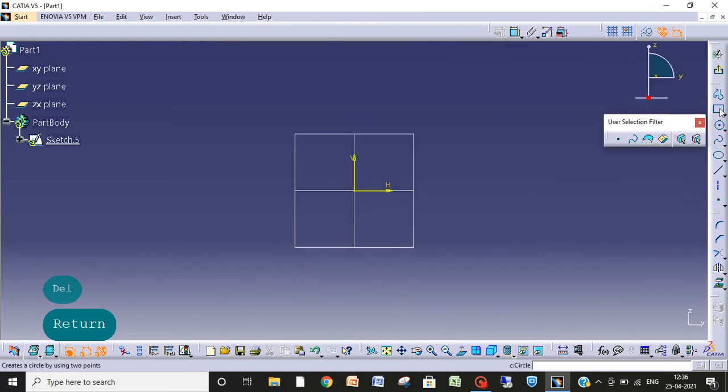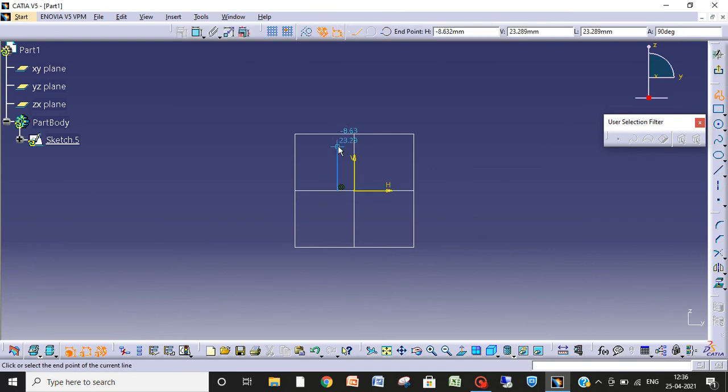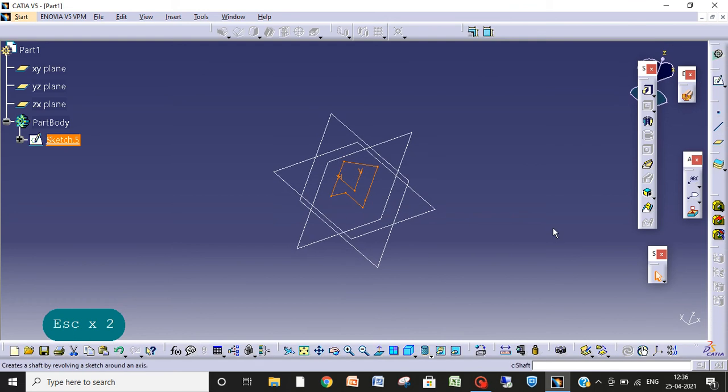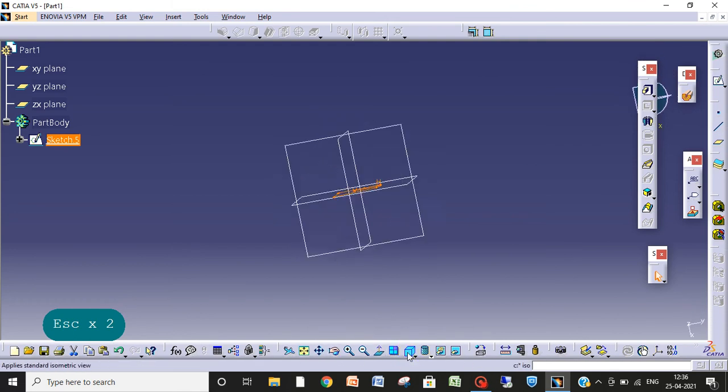Let us make something. Okay, now exit from this sketch, make it isometric view.